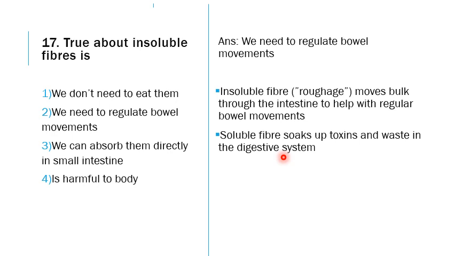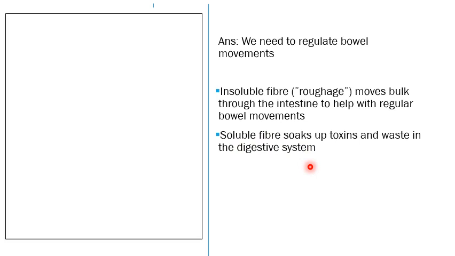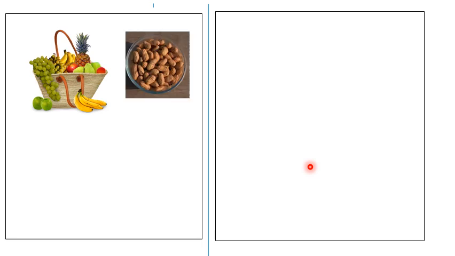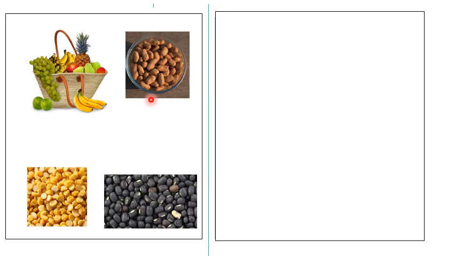So we can slow the digestion movement along the digestive tract by providing soluble fibers. Let us see what are soluble and insoluble fibers in our food. Let us see the soluble fibers first. Most of the fruits that we have, and the nuts like groundnuts, and then the pulses or legumes, like chana dal or black gram,